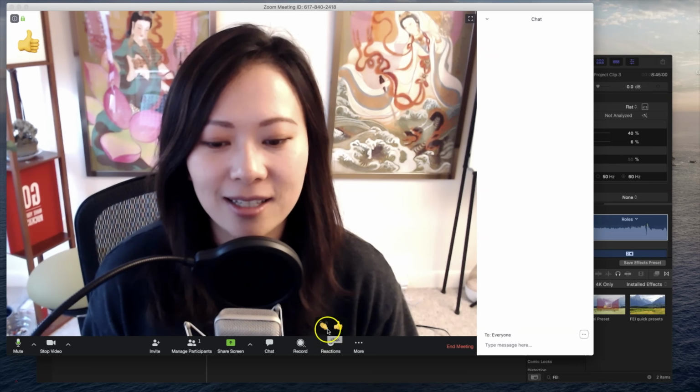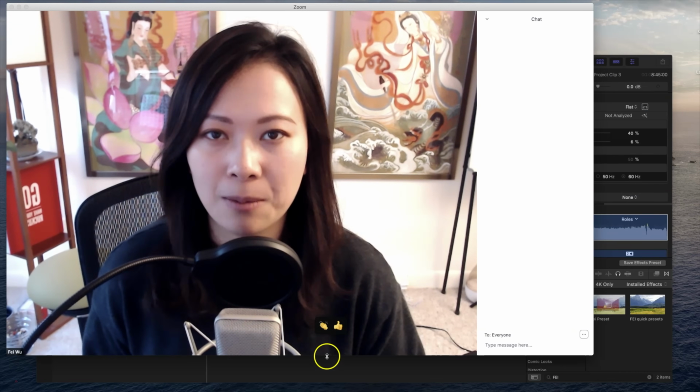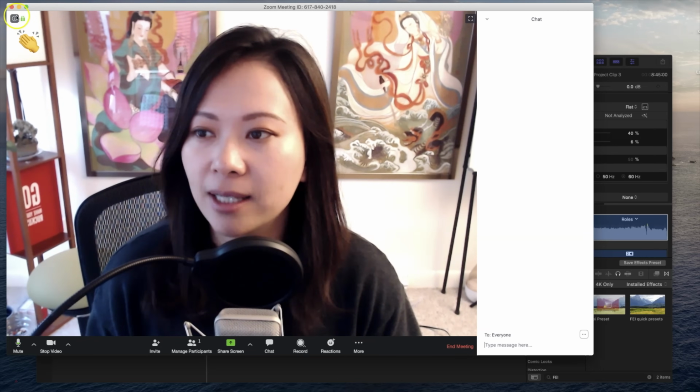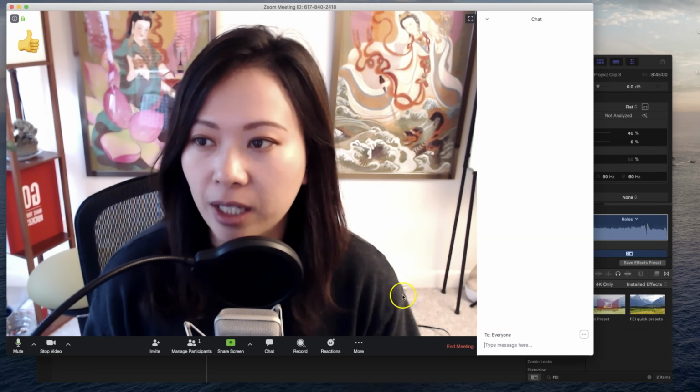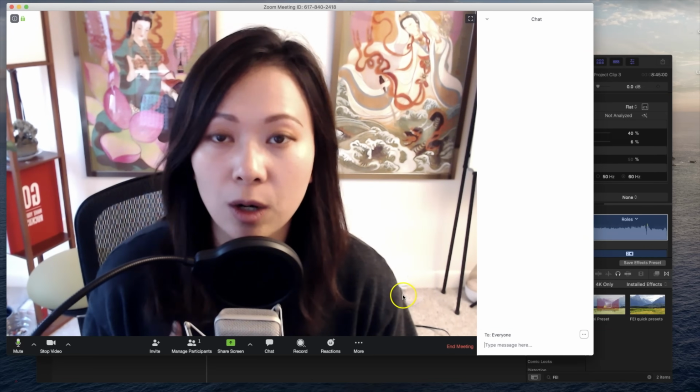The next option is clapping and thumbs up. So as somebody is talking, for example, the host or a particular participant, you can come in and choose that. Now pay attention to this corner, upper left-hand corner. Now I want to give it a thumbs up. It basically displays for about 3 seconds and it goes away on its own.